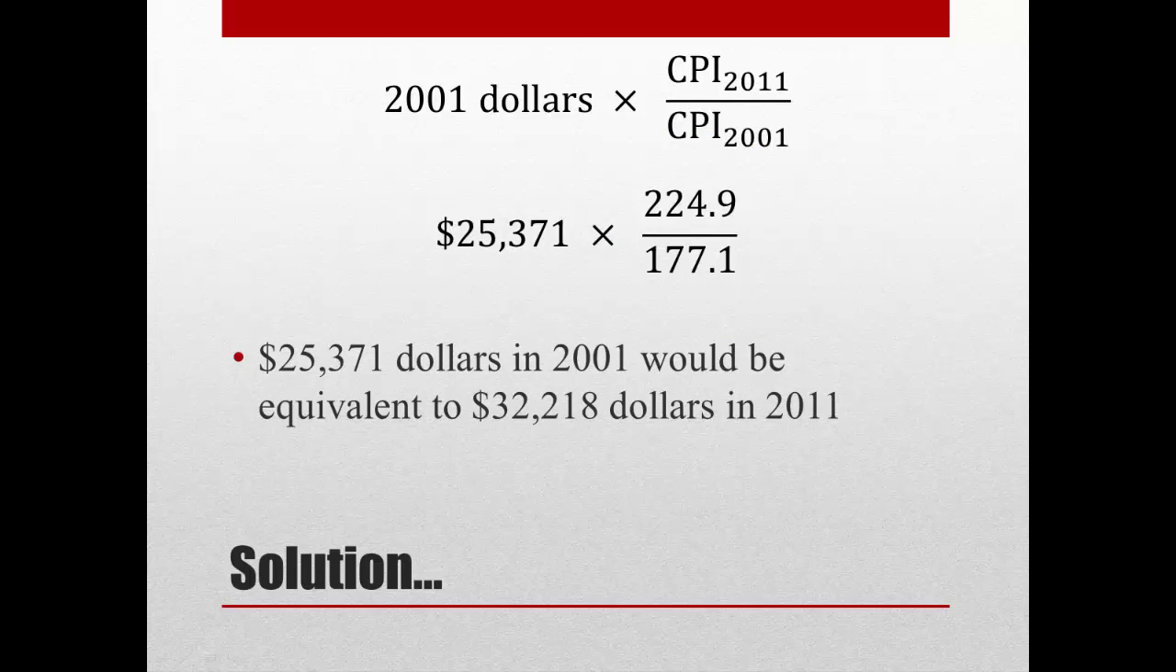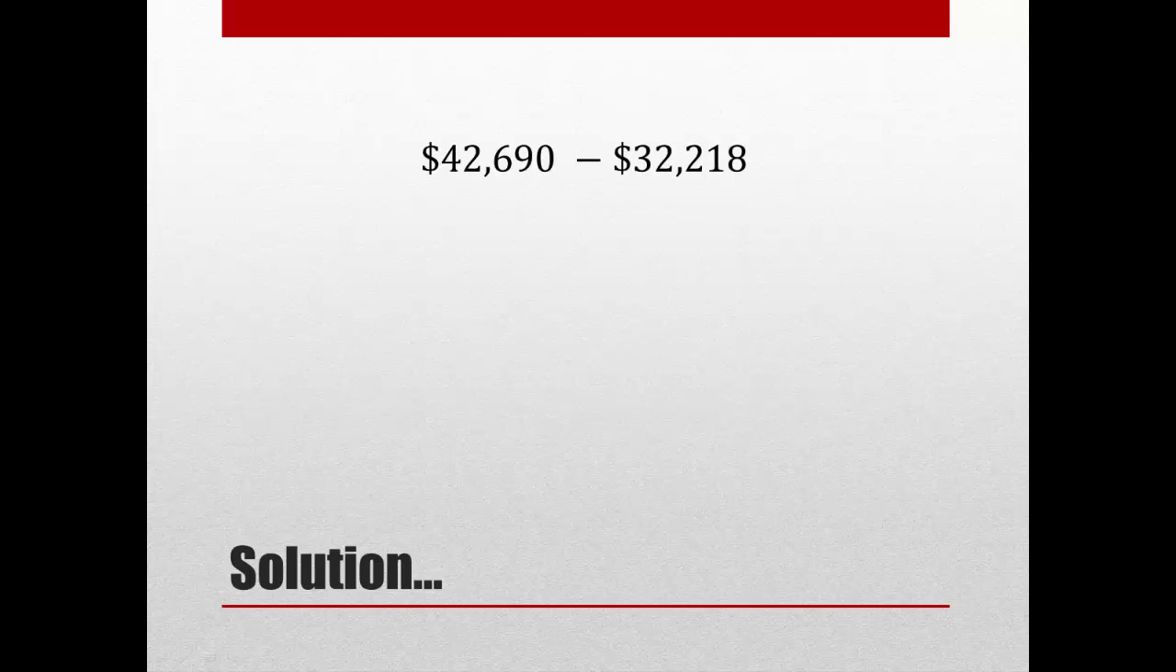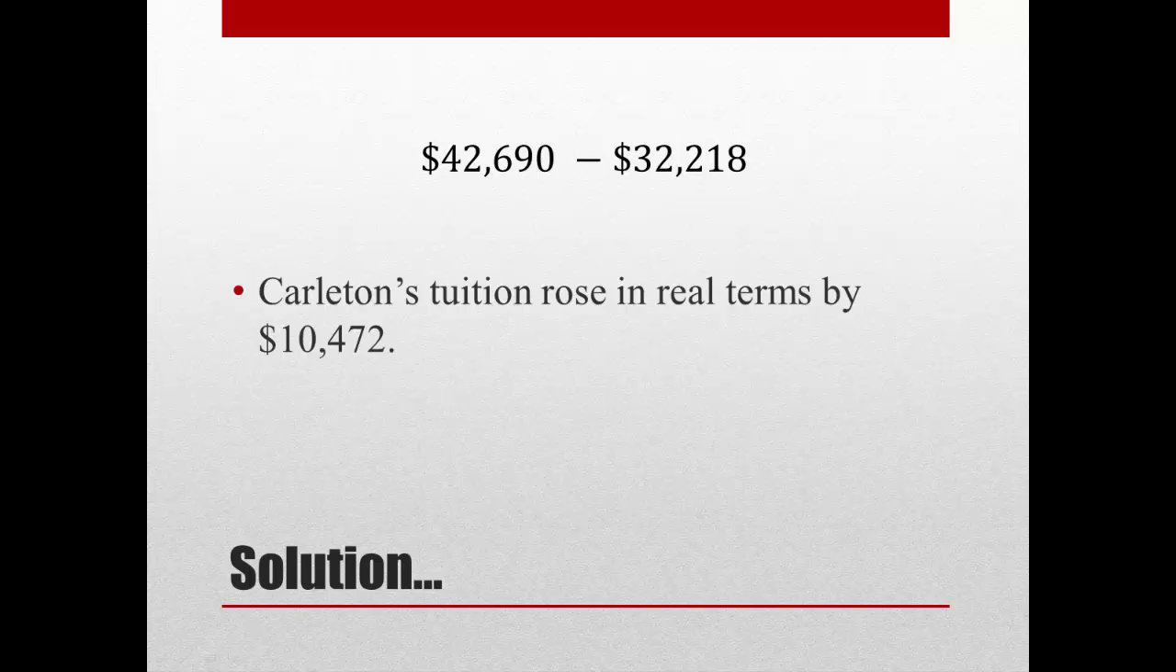$25,371 in 2001 would be equivalent to $32,218 in 2011. How can we interpret this? Now we can take the difference and we can state that Carlton's tuition rose in real terms or real dollars by